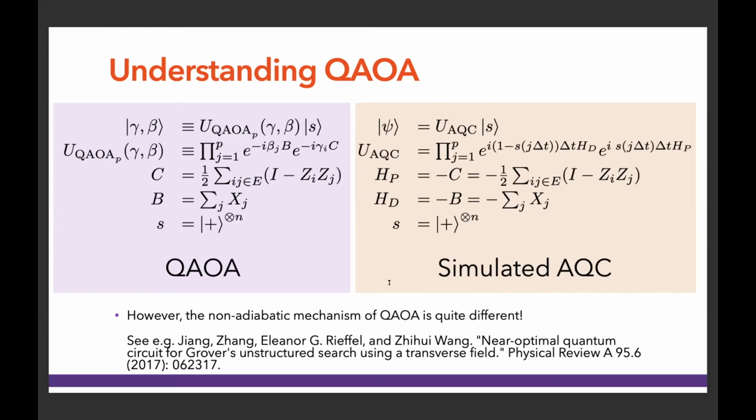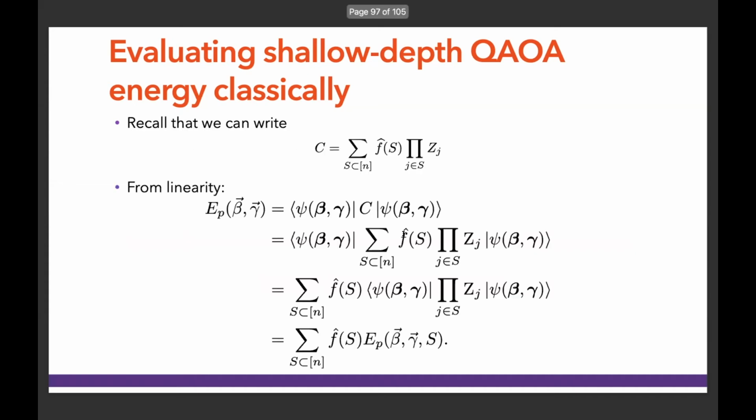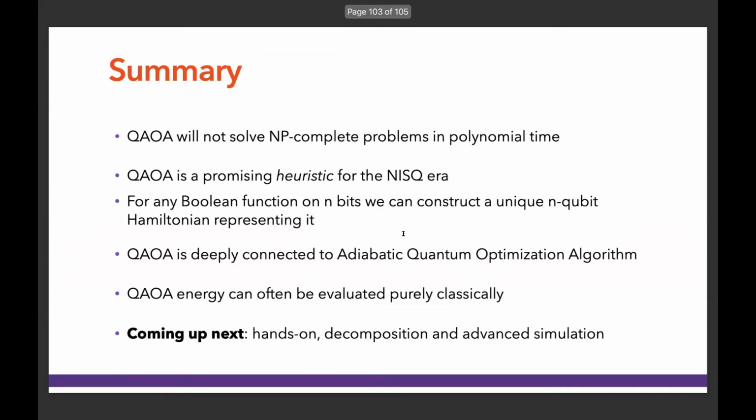So this last part, I'm actually going to skip because it's perhaps not that interesting for this audience. But you can evaluate this value of the objective, often classically, if your target operator is sufficiently sparse. But I'm just going to skip this and